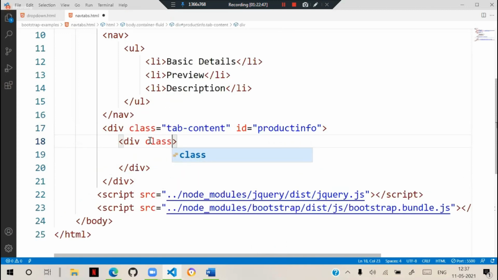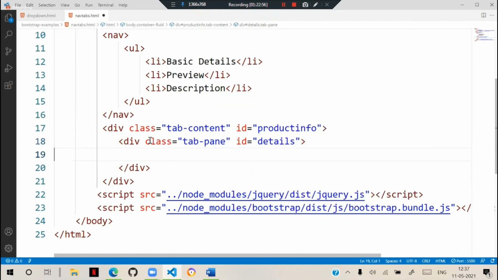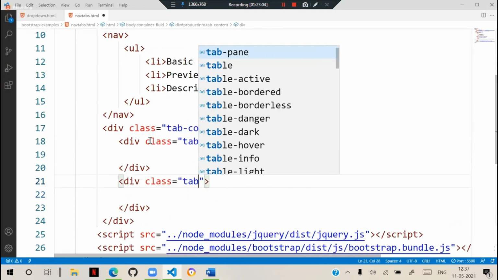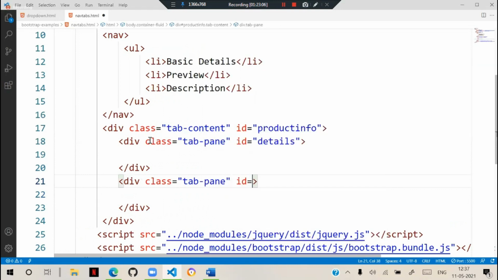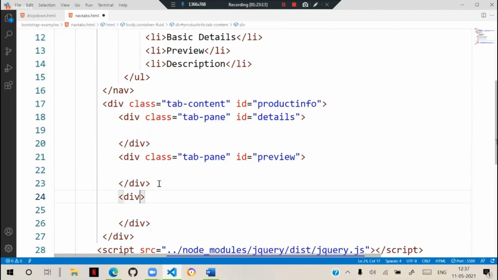We have a class called tab pane, and the ID of this tab pane is details. We have another tab pane with the ID preview. And here we have another div, with class tab pane and ID description.